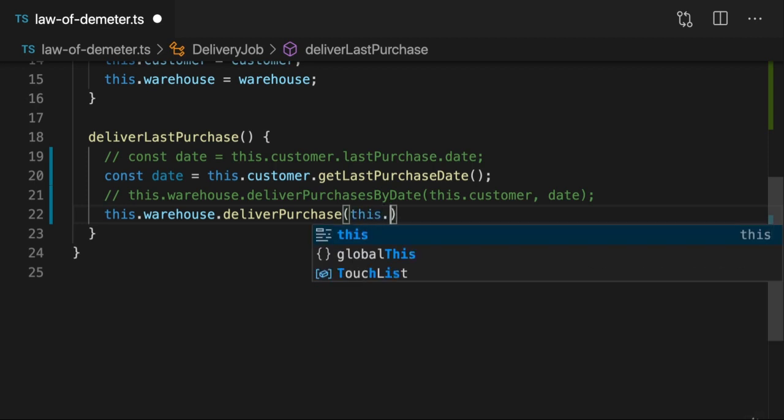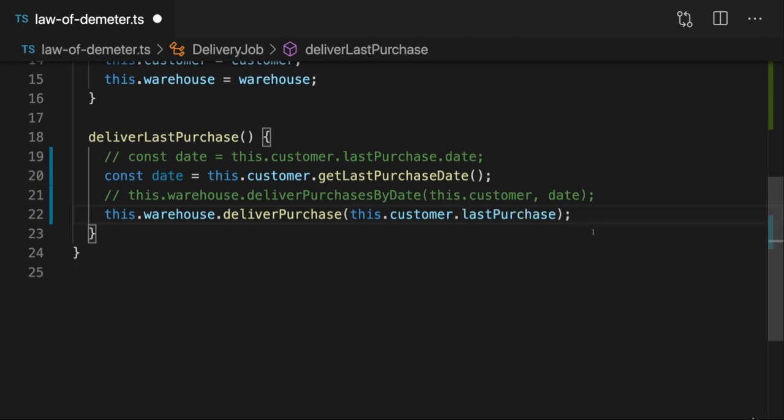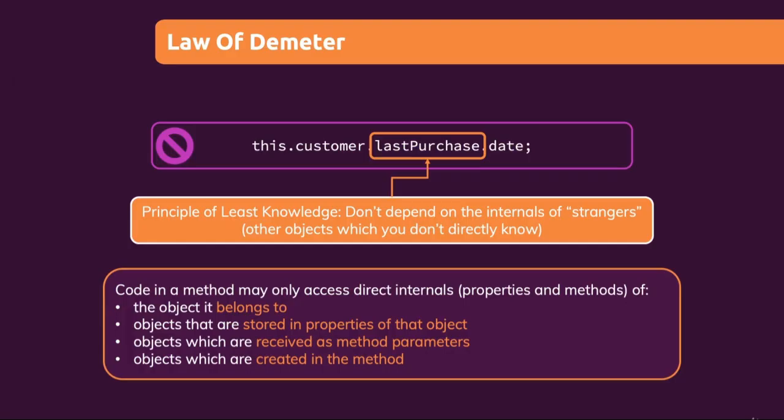And here we pass this customer last purchase. And then it would be the job of the deliver purchase method to extract the data from that last purchase which it receives, which is required to deliver this purchase. Now we're not violating the law of Demeter because we're only accessing the customer property and some data which is directly stored in that. And in deliver purchase, we just get a purchase object, which we also can use there